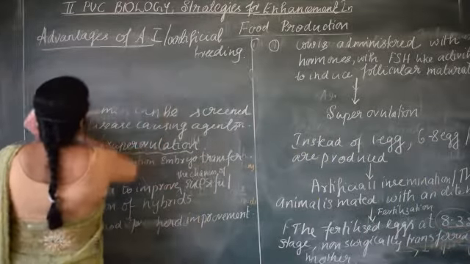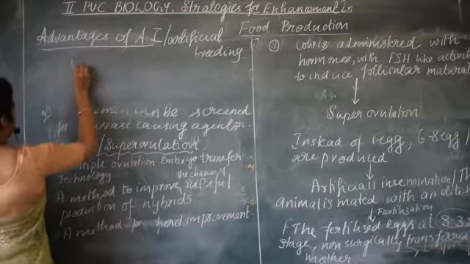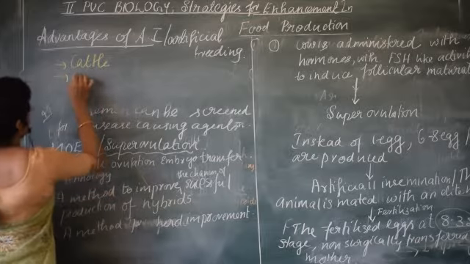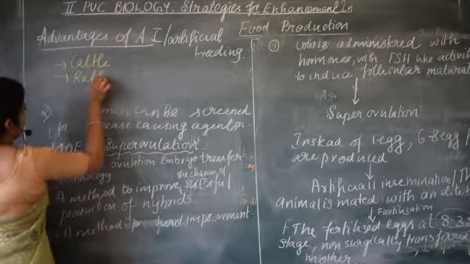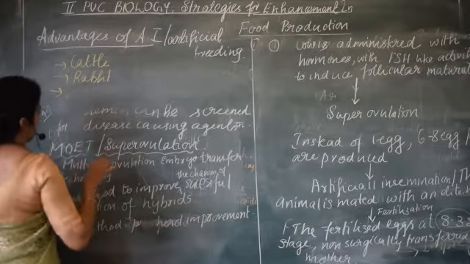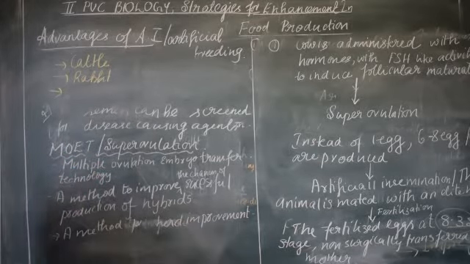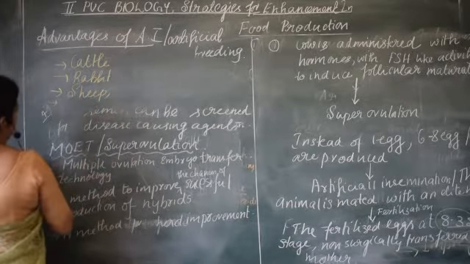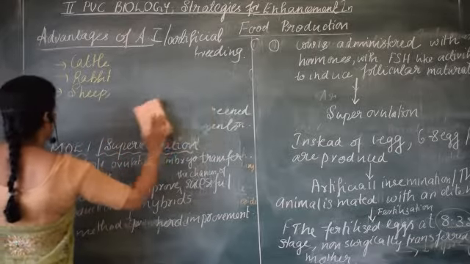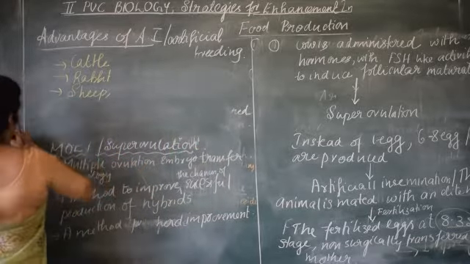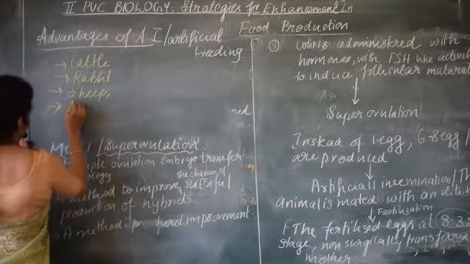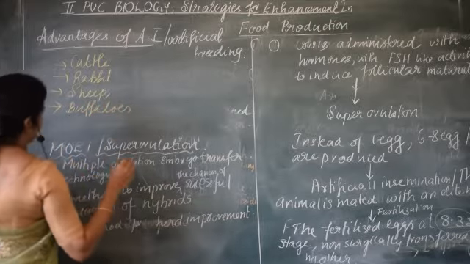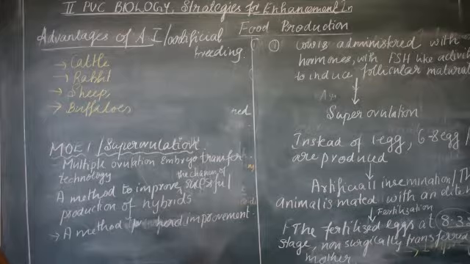So this technique is not only employed in cattle, it is also used in other animals. Which animals apart from cattle? Cattle is the main target. Then it is also used in rabbits, sheep, buffaloes, which are of commercial value. See, sheep are used for producing wool, right? So for those animals which have commercial value, we can use these techniques. Buffaloes, you know, have high milk yielding capacity. Buffaloes, and even mares.